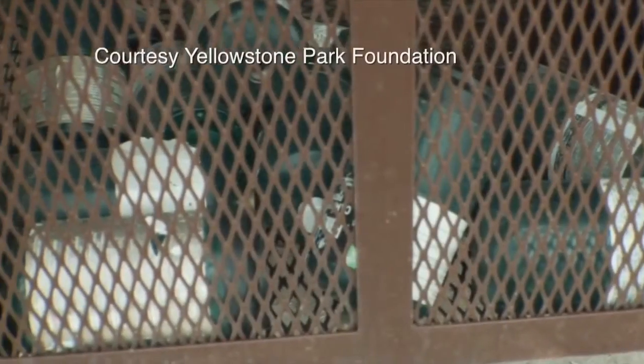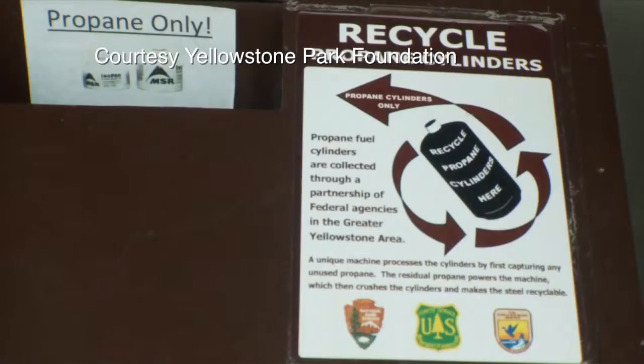Our right-sizing our fleet and going to alternative fuels, changes in our recycling program, and looking at source separation with regard to municipal solid waste in a park that generates 3,000 tons of that a year, and the hauling costs are significant. So again, many of those things we would just not have been able to stretch federal dollars for, because